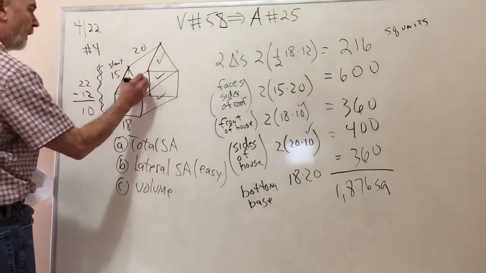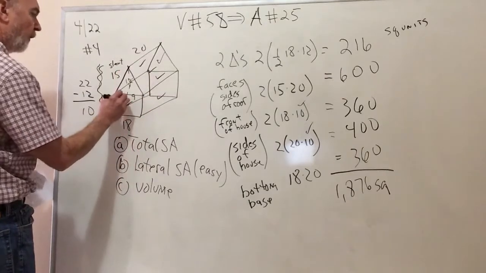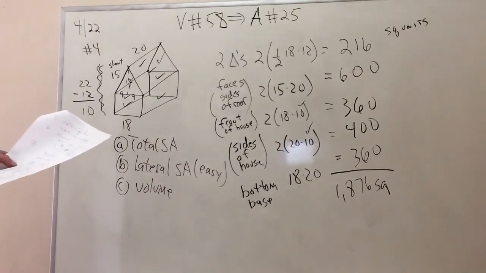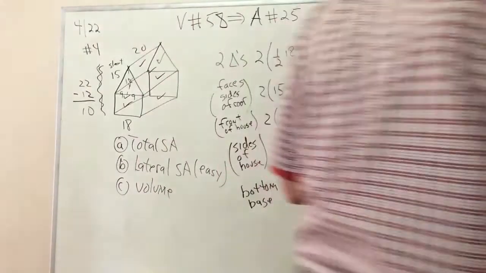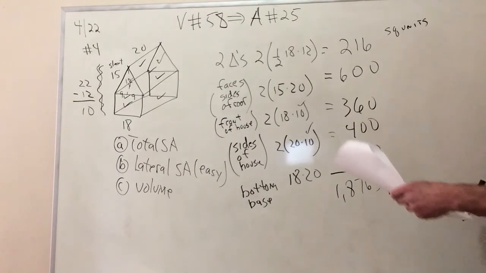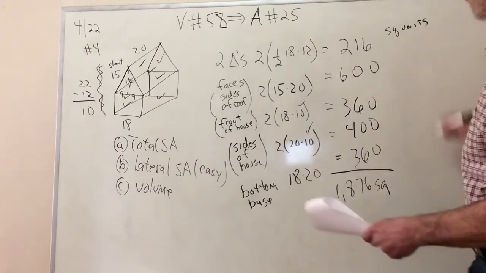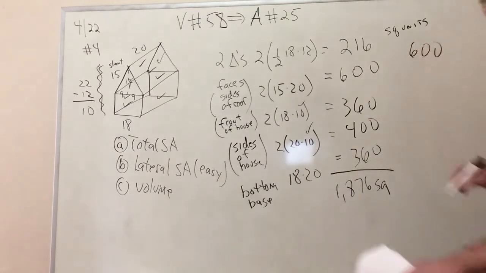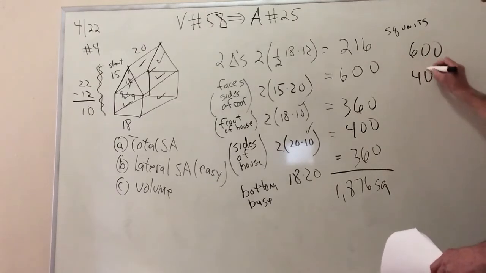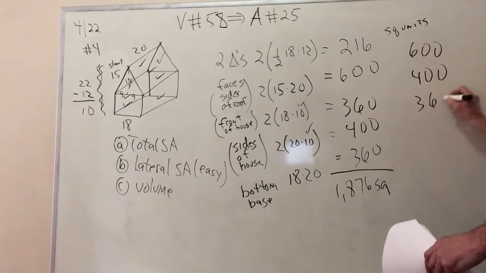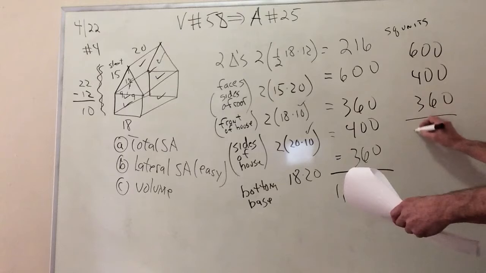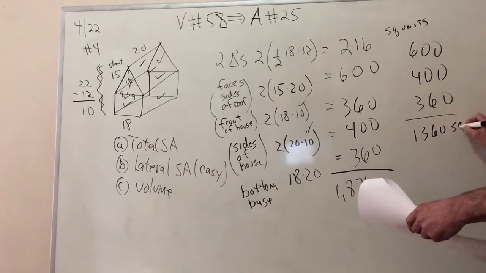And now the second question is the lateral sides. So that would be 1, 2, 3, 4, and we count the bottom as a lateral side since we're counting everybody. So I just add that together, the lateral sides, and the faces of the side roof, and they're certainly lateral, so that's 600. The front of the house is not lateral. The sides of the house is certainly lateral, and the bottom is certainly lateral. So when you add all that up, you should easily be able to come up with 1360 square